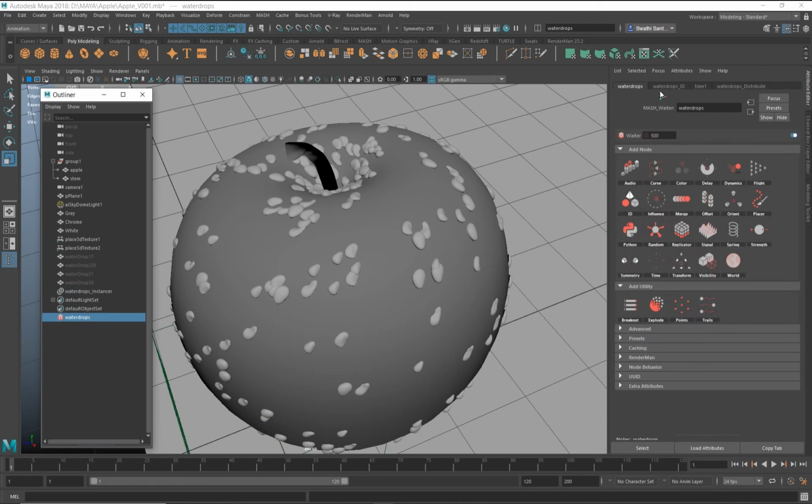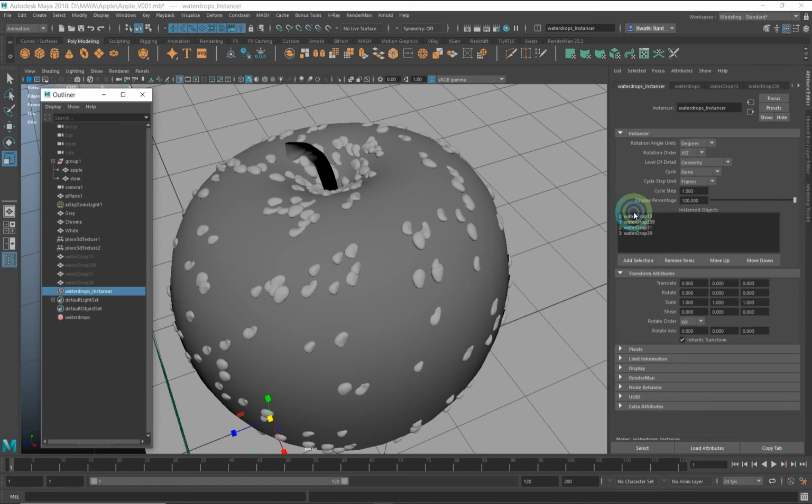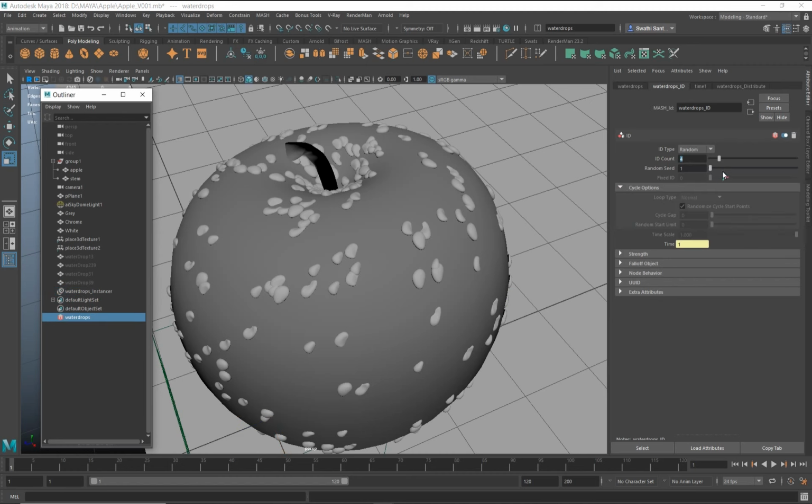And then the ID count is taken by default as 4 because we have given 4 of the meshes here, and we can change the random seed so that, as you can see, the selection changes and the position remains the same, but the selection changes. So we can play along with it.